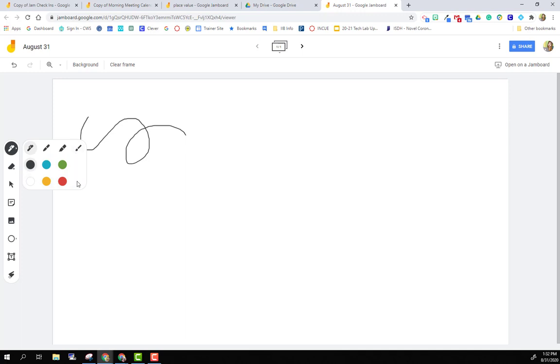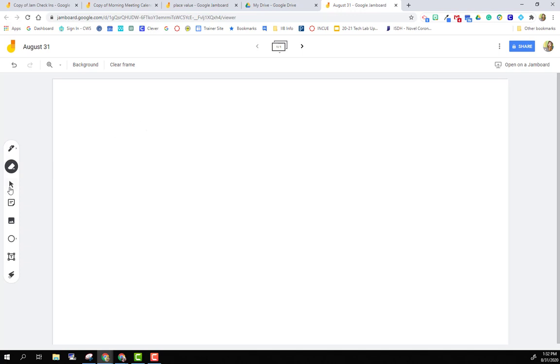Now this is a really great tool on the iPads, so keep that in mind. Obviously our Chromebook students can use this, or you can use it with your touchscreen, but it is really nice either on the touchscreen or on the iPads. After that, I have an eraser. So if I'd like to erase what I just did, or I need to clear that out, not clear everything from my frame maybe, but just clear out some of the work that I did there, I'm able to do